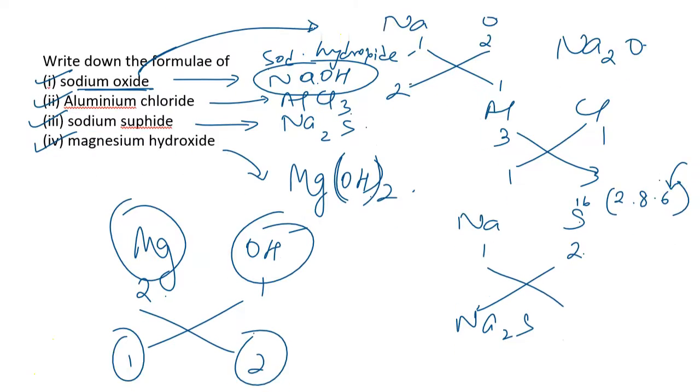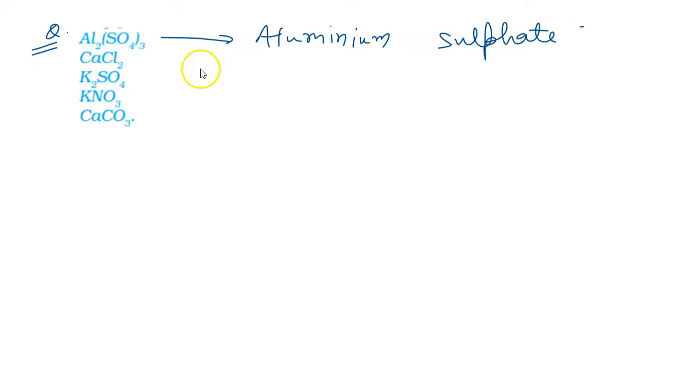So let us see the names of these compounds. The names we will see. For the first one, I can say aluminium sulfate. Second one is calcium chloride. These names will come by practice. You can just practice it again and again, and in the long run you will see that without doing anything, without focusing on them, you are able to write the names and the chemical formulae as well.